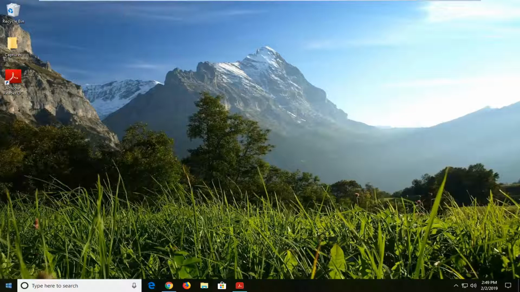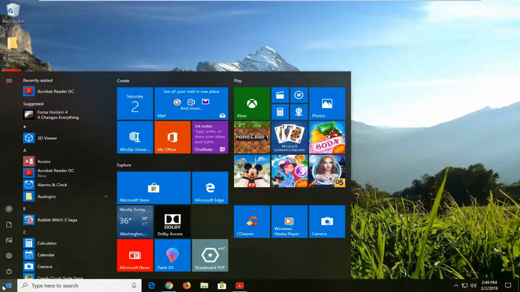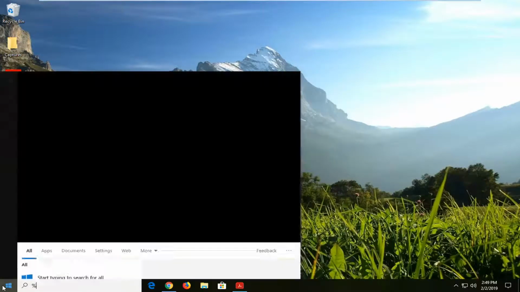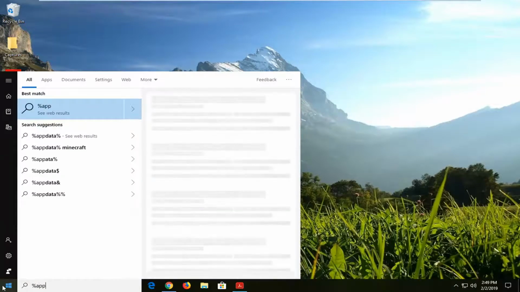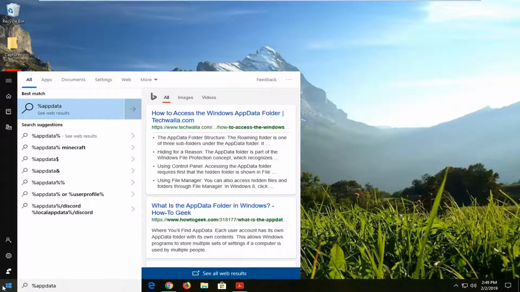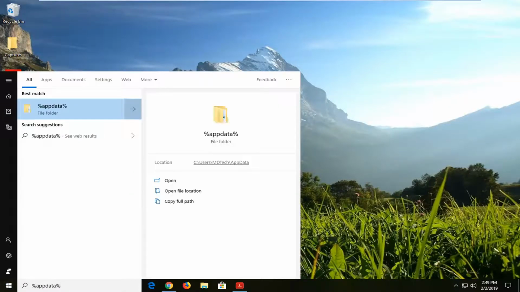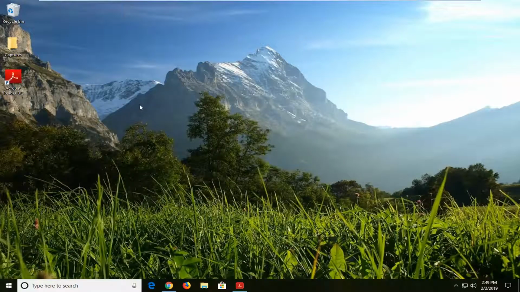So we're going to jump into it, and we are going to start by opening up the Start menu. Just left click on the Start bar one time. Type in the %, APPDATA, then another %, so it should say %appdata%. The best result should come back with a file folder here. Left click on that one time,